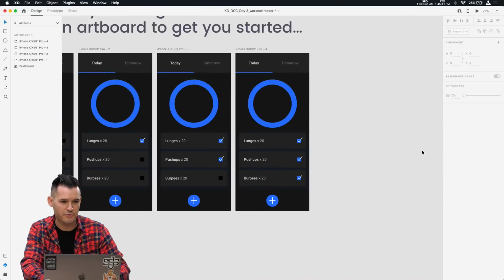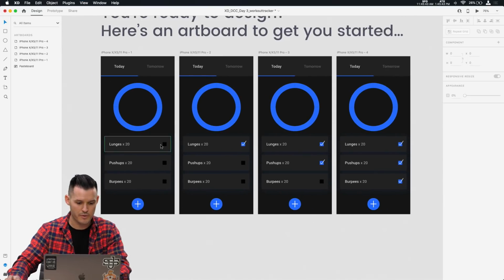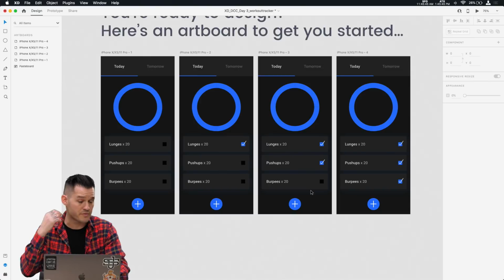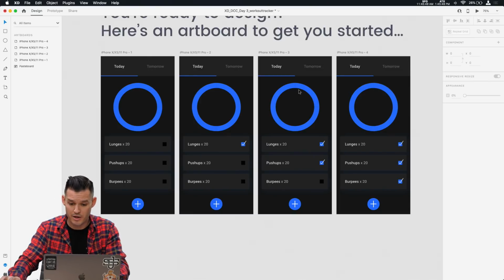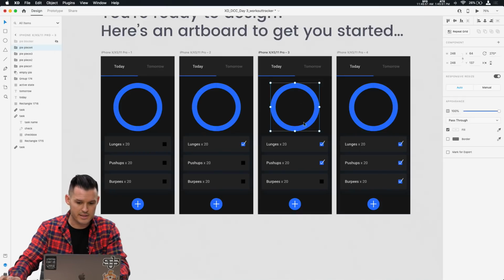Are we seeing the flow here so far? Okay, so far so good, right? We click, it moves. We click, it moves. Now we're gonna work backwards with our pie pieces, okay? This one should be at 100%. That means let's take pie piece 4 and let's back that up. And we can manipulate these pie pieces however we want. Maybe, since there's only 3 tasks, it's more like that, maybe, right?